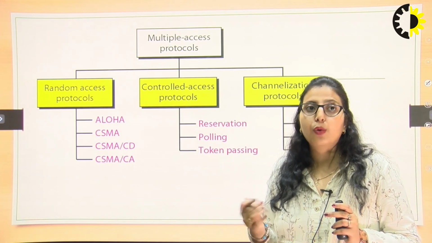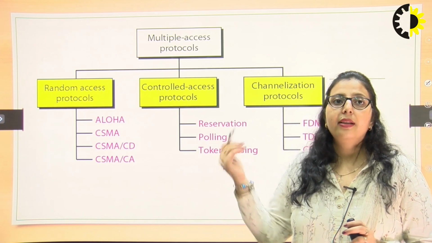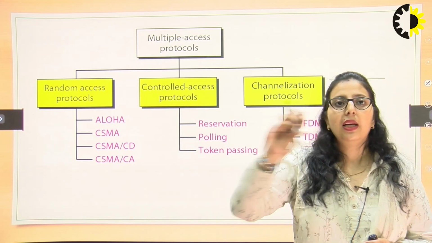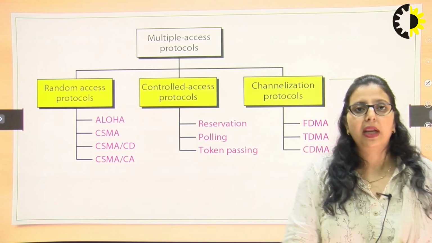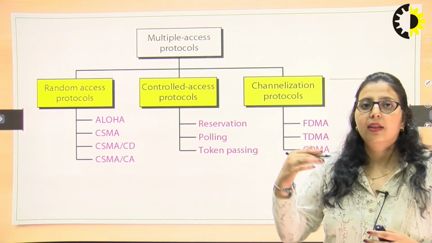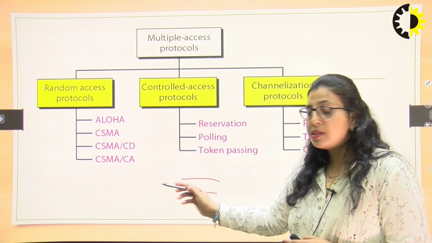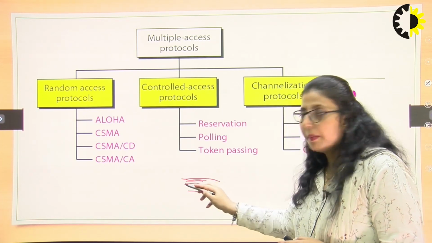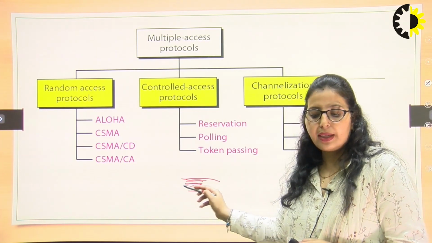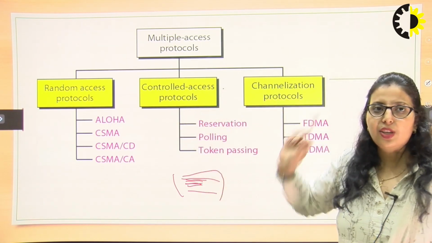Then the next one is the controlled access protocol, meaning there is someone who will control the transmission, right? And then the third one is the channelization protocol, in which the link, by using a mux or demux, is further divided into many other types. Like if this is the channel, then by using a mux, we can divide that channel into multiple frequencies, so that different frequencies of data can be sent by using the same link. So we will study this in the channelization protocol.